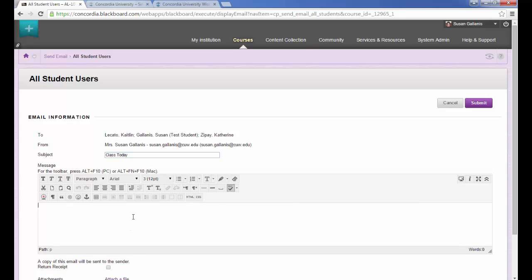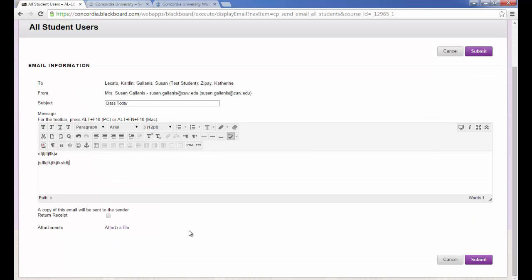And then your message, just like any other email that you would send. And then this box below it, a copy of the email will be sent to the sender. So you would check that if you would like to receive a copy of this email in your own